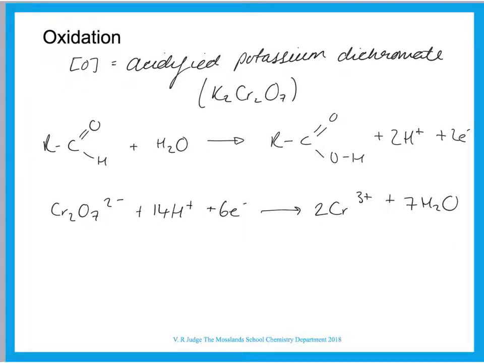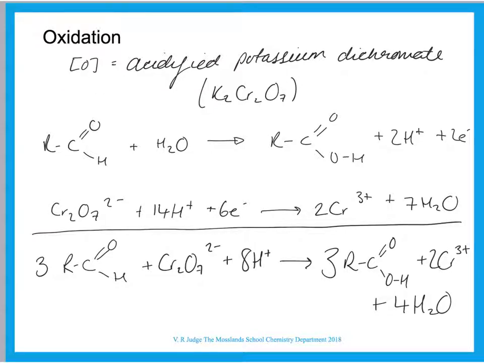And if you were to carry this out, you would see that the original dichromate ion, which is orange, would turn to green, which is the colour of the chromium 3+ ions. So finally, combining these 2 half equations to give you the overall equation, you get the redox reaction at the bottom. So you've got your aldehydes, your dichromate ions, this is under acidic conditions, so your H+, then you're creating a carboxylic acid, the chromium 3+ ions, which gives you your colour change of orange to green, and some water